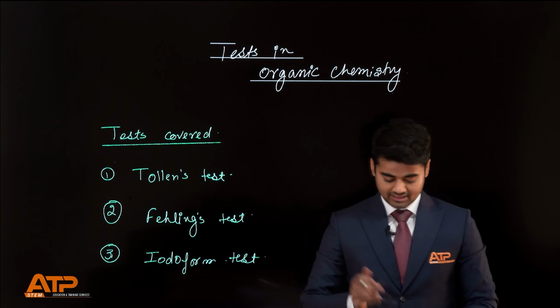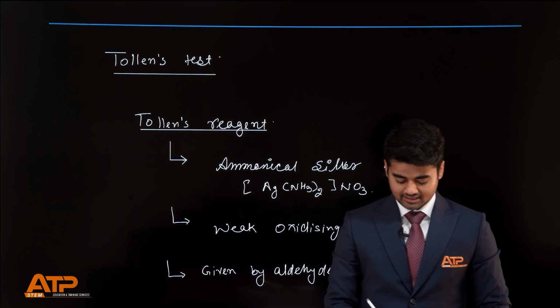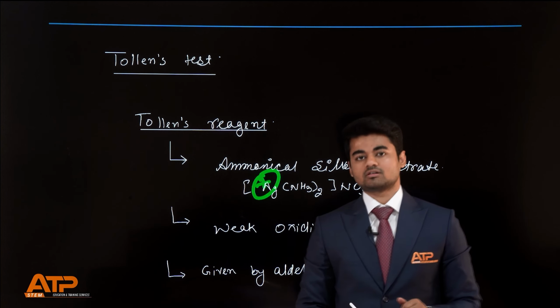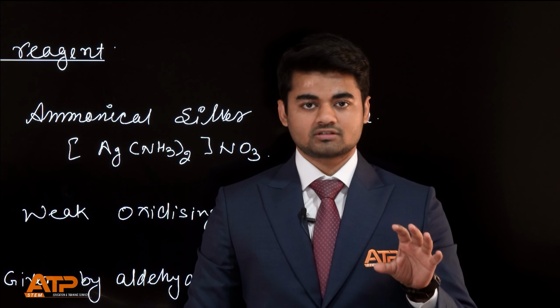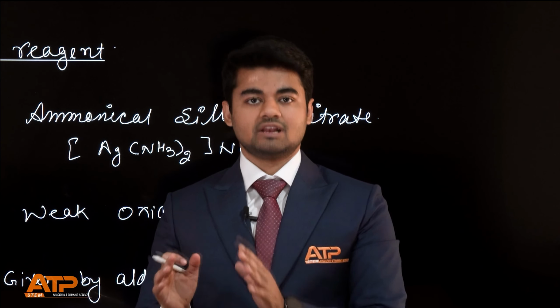Let's start. I am starting with the Tollens reagent test. Tollens reagent is a weak oxidizing agent. What exactly is Tollens reagent? It is ammoniacal silver nitrate. You can see it's a coordination compound where ammonia has acted as a ligand. The idea is silver is in +1 oxidation state. Silver from +1 oxidation state wants to get reduced to silver metal, hence oxidizing the other entity in the process, hence